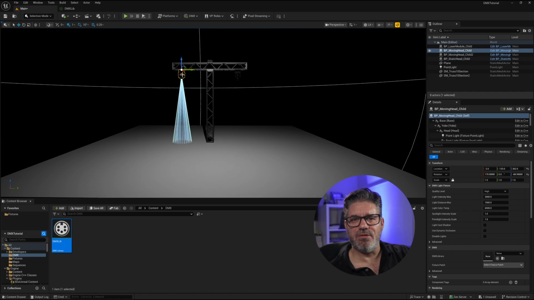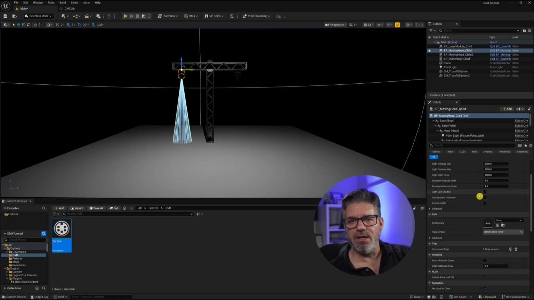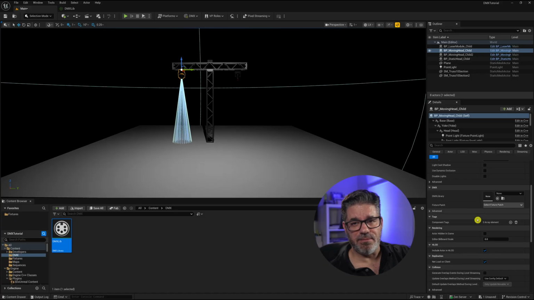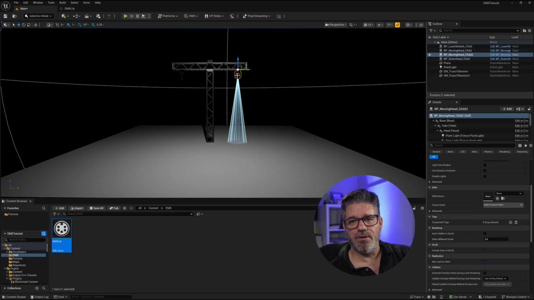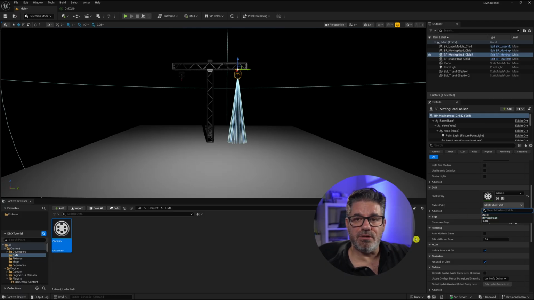We're going to do the same thing for a moving head. We're going to come down to the DMX section and connect it to the DMX library. And then we're going to patch it to the moving head we just created. Now let's do the laser. And you'll see, oh, we don't have one for the second light. Okay. So if we selected this one, it means that every light with the same patch would function the same. We don't want that. We want to have the lights be able to move individually. So what we need to do is go back and create a new fixture and a new